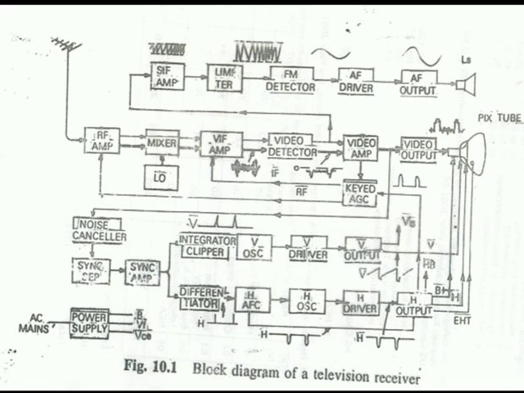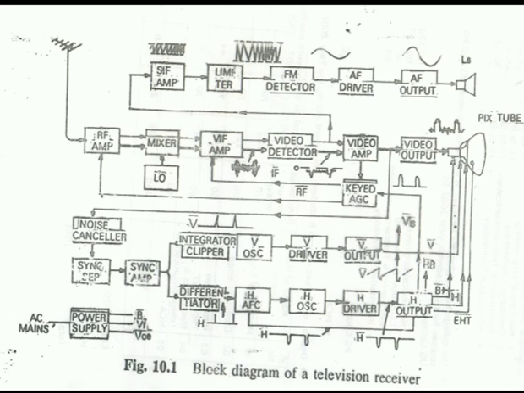The tuner consists of an RF amplifier and oscillator stage. The local oscillator generates a constant frequency for the desired channel. The RF amplifier amplifies the RF signal received from the antenna, and then the mixer stage converts it into the IF signal by heterodyning the RF signal with the local oscillator frequency. Here the IF carrier frequencies for picture and sound are 38.9 MHz and 4 MHz respectively. Thus the IF signal is obtained from the tuner and fed to the IF amplifier